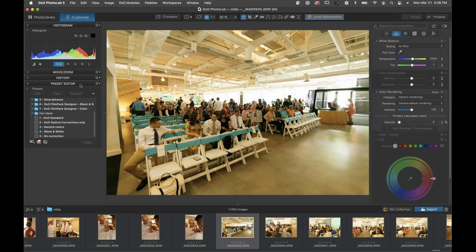And then other folks who maybe didn't even realize that we could do bulk edits like this and save presets and specific things like this. Now,